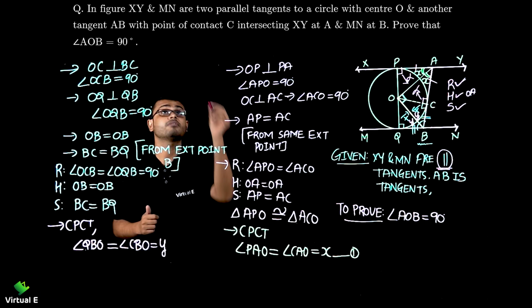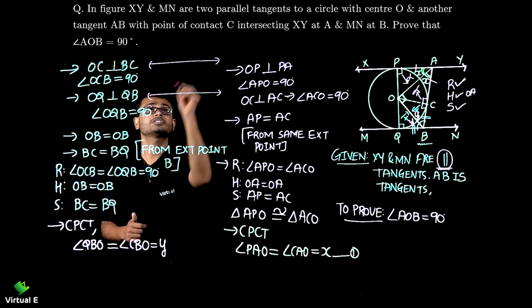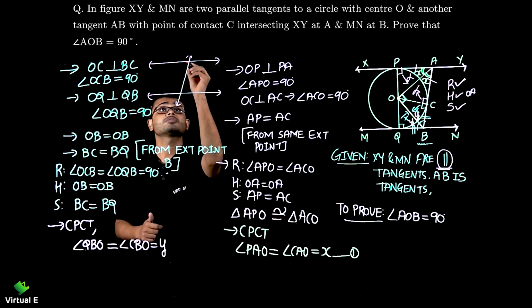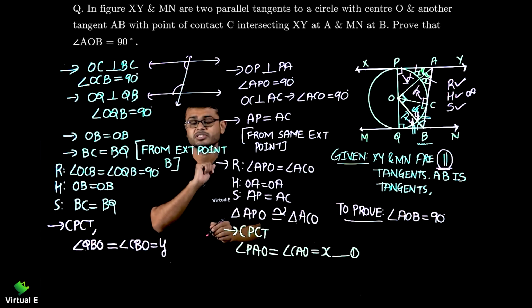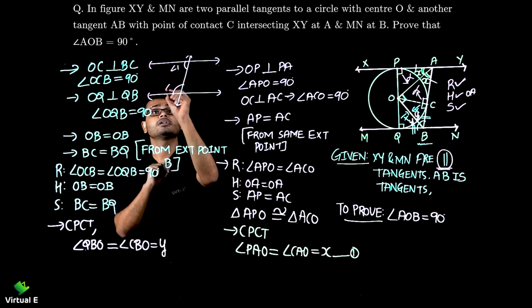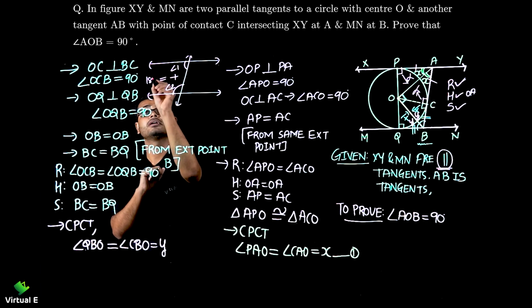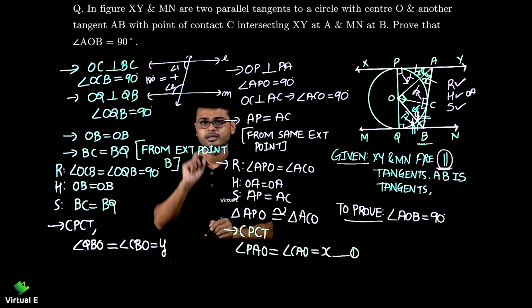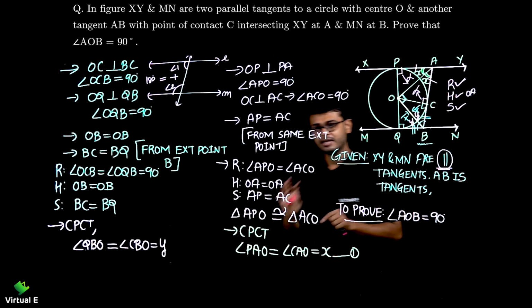Let me just draw one transversal, you will get an idea. So let's say these two lines are parallel and this is transversal. Okay, so this angle and this angle, interior angles on same side. Let's say this is angle 1, this is angle 2, and if you add them, you are supposed to get 180 if these two lines are parallel, right? So same given over here, that this line and this line is parallel, right?